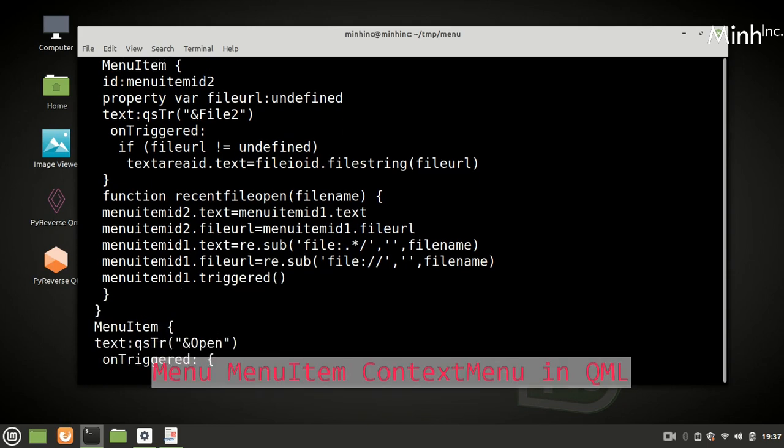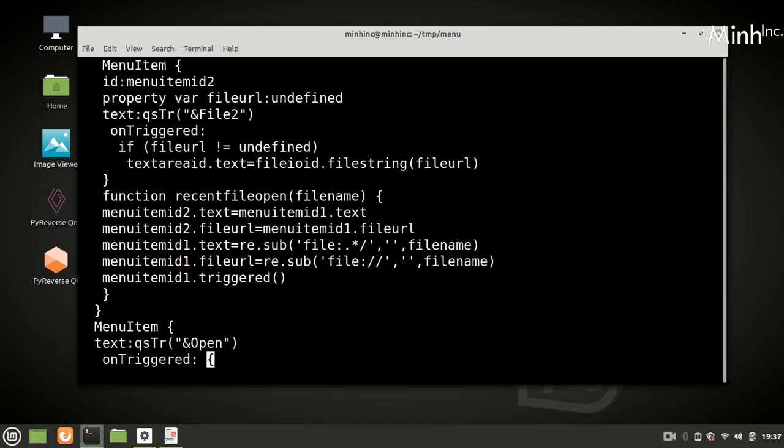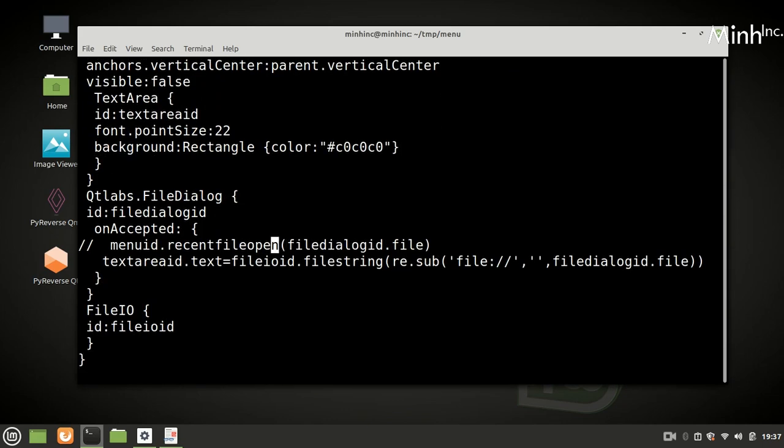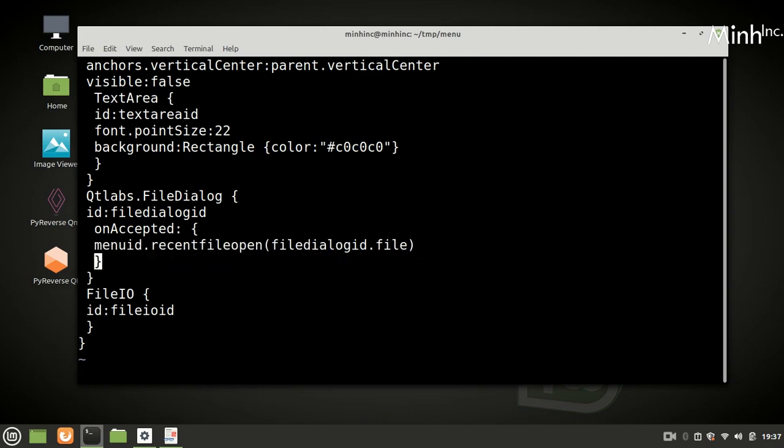So this is the function, and we'll call this function from here, from file dialog. So we don't need this.